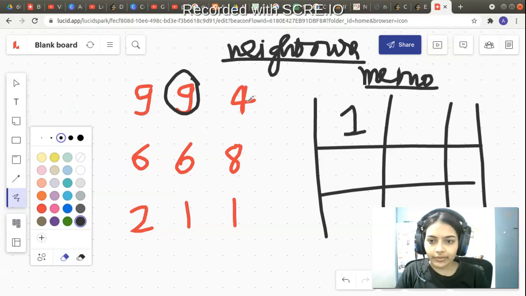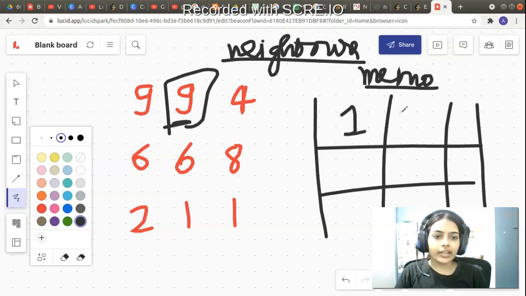Then it will make a function call, let's say, to its left neighbor. Its left neighbor is 9. Now 9 is equal to 9. It's also useless. It's not helping it to form an increasing subsequence. It will return back. It will make a call to its top neighbor. Its top neighbor is out of bounds, so it's also useless. So finally, after all the function calls, it just gets a single element, right? So the single element is forming the increasing subsequence.